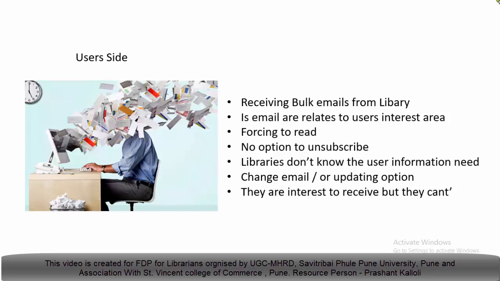Users also have no option to receive emails by category of email topics. We never create email topic categories. We send class-wise or category-wise emails to students, maybe a teachers group, class-wise groups, but we never create email topics such as a new arrival email group, a journal alert group, or a science and technology alert group. We have to make such lists and give students the chance to add themselves to them. There is no provision for this.